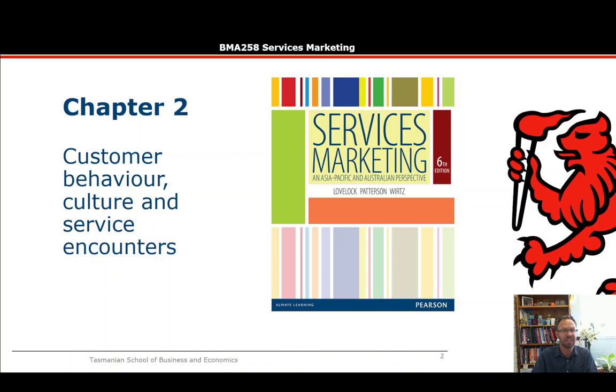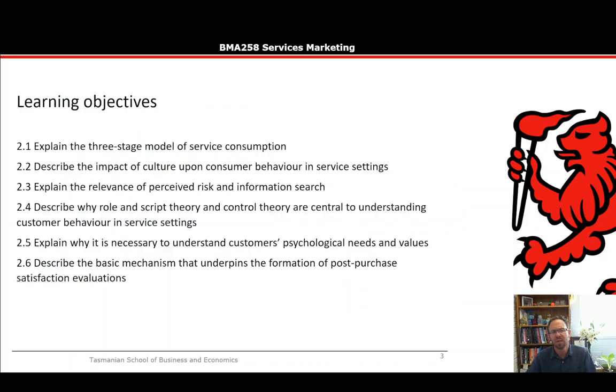This week we'll be dealing with chapter 2 in our textbook, which is about customer behaviour, culture and service encounters. So the learning objectives for this week are first of all to explain the 3-stage model of service consumption, and looking in that model we'll look at describing the impact of culture upon consumer behaviour within service settings. Number 3, explain the relevance of perceived risk in the information search, which is part of the 3-stage model of